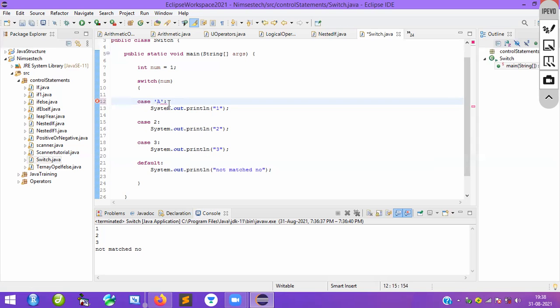I want to provide case A, like that case B, and again case C. So this is C, this is A, this is B, this is C. Like that, I will print. Default means not matched. Not matched with the character, I will say.